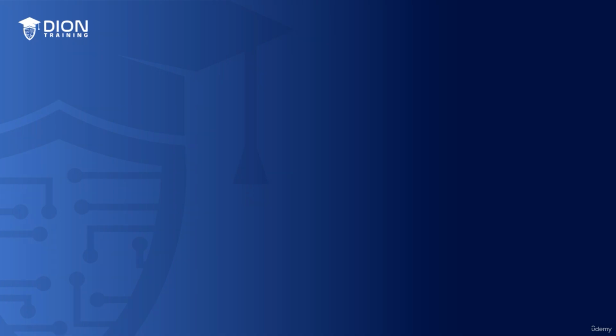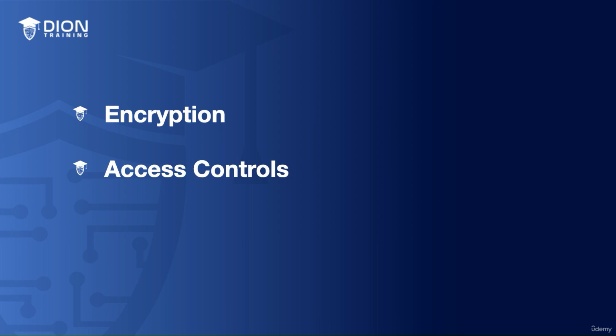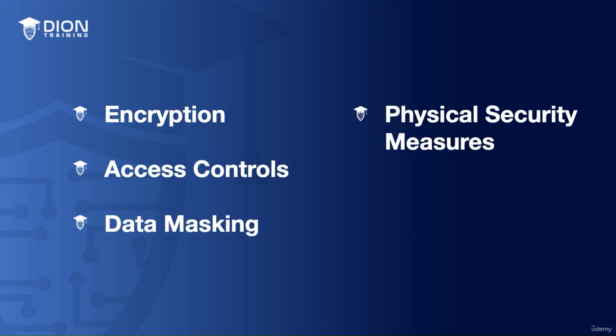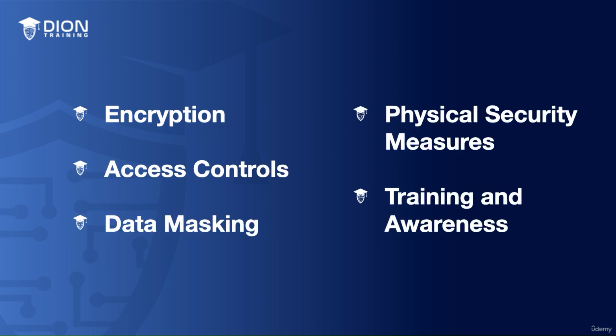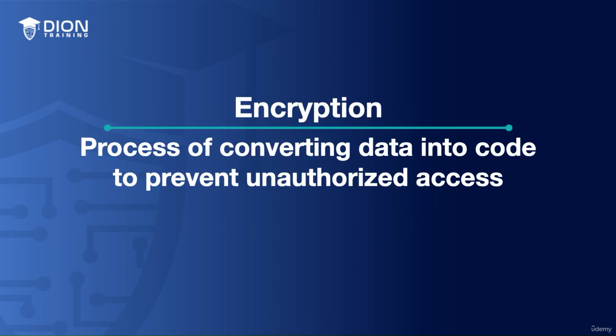Now, in order to ensure confidentiality, we're going to use 5 basic methods: encryption, access controls, data masking, physical security measures, and training and awareness. First, we have encryption. Encryption is the process of converting data into code to prevent unauthorized access. Even if somebody intercepts the data, they won't understand it unless they have the decryption key. Essentially, with encryption, we're scrambling up the plaintext data into an indecipherable jumble until the right decryption key is provided, in which case the scrambled data, which we call ciphertext, can then be quickly presented again in its plain text